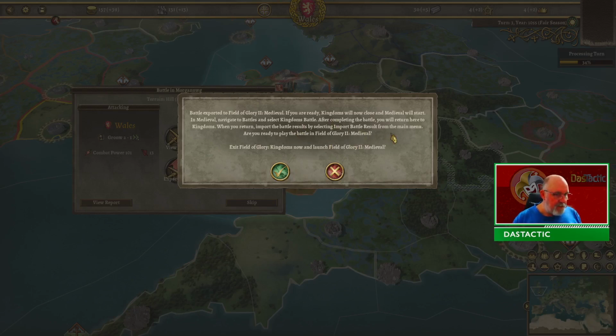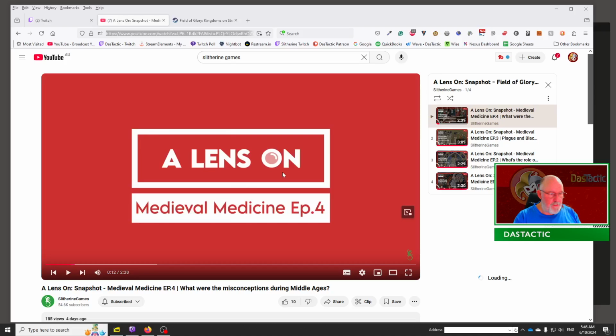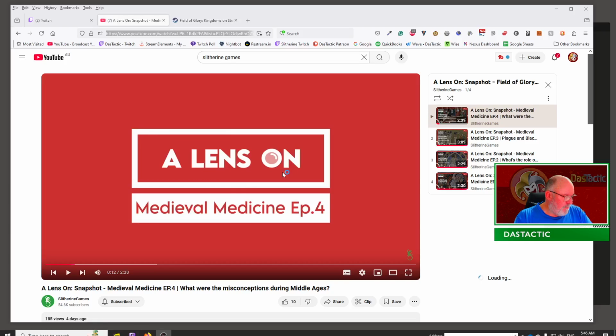If you're ready, Kingdoms will now close and Medieval will start. In Medieval, navigate to battles and select Kingdoms battle after completing the battle. So if we just go and click on OK, it'll minimize Kingdoms, which is what we're seeing right now, and it will then open up automatically Field of Glory